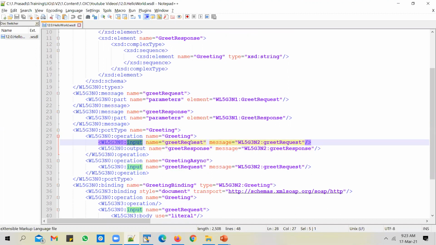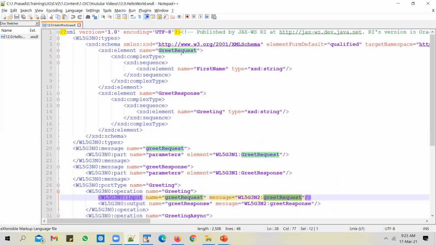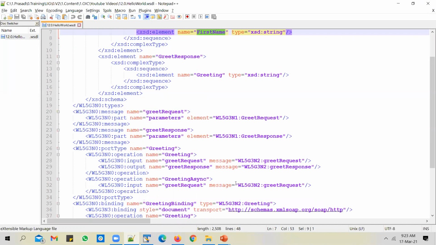To input, there is a greet request message attached. If you scroll up and look at the greet request message, there is one element or attribute under greet request called first name, which is of type string. And if you look at the response message attached to output, there is only one element called greeting in the response, and that is also of type string.